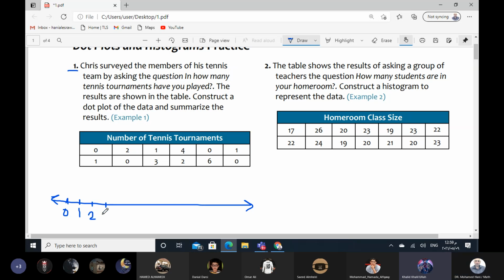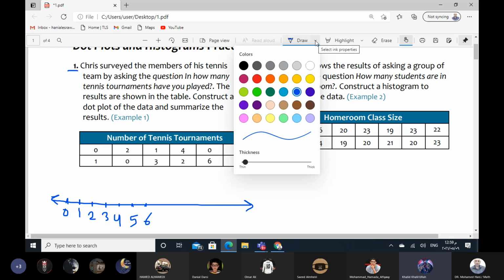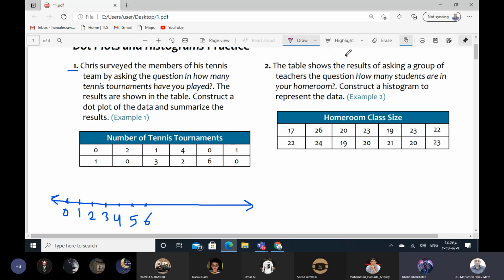My answer is we put 3 dots on the 0 and 3 dots on the 1. Two dots on number 2. Mr. My answer is